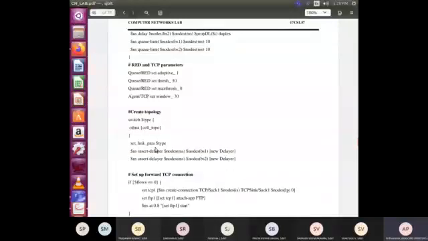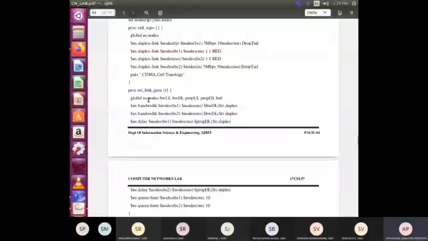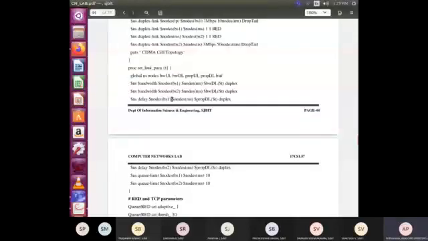Link parameters means the bandwidth, the delay, and the Q limit. We have to set the bandwidth between different nodes, the delay between different nodes, and the Q limit. In this diagram, you can see bandwidth and the delay. Suppose between sender and base station 1, 3 MB and 10 milliseconds. That setting is being done over here in this set of lines. And then we are setting the Q limit, which is set as 10 and 10. Now this Q limit is set for BS1 and BS2.